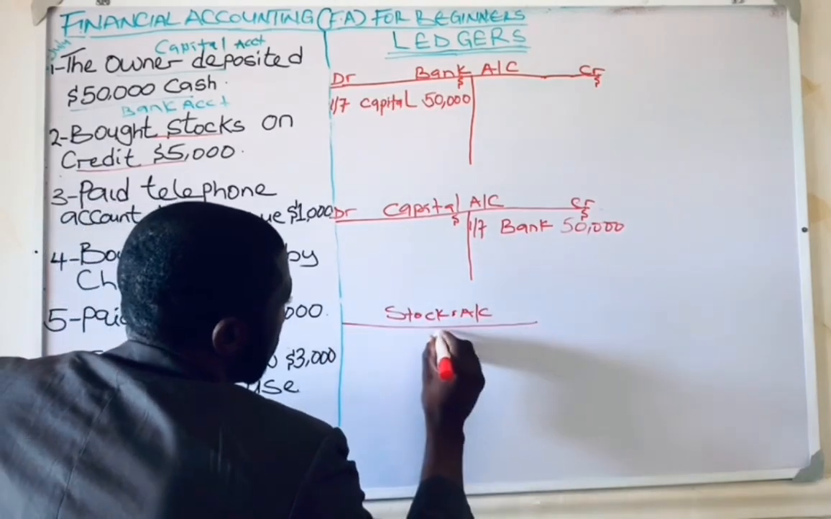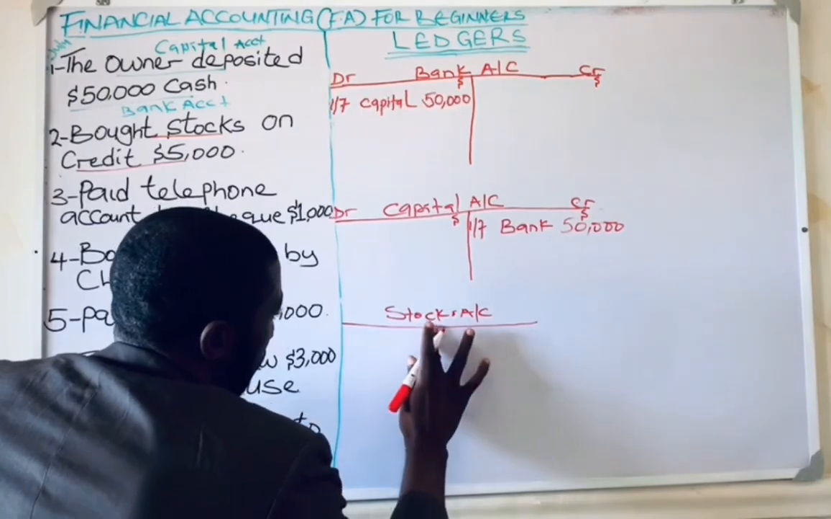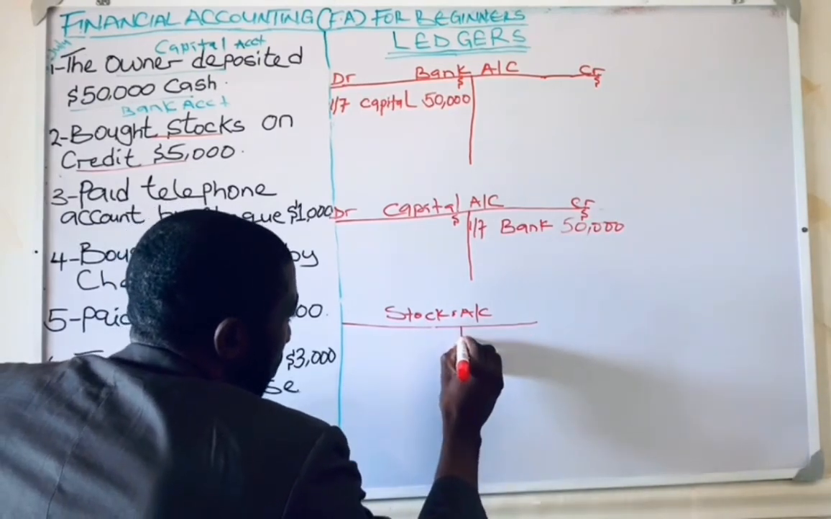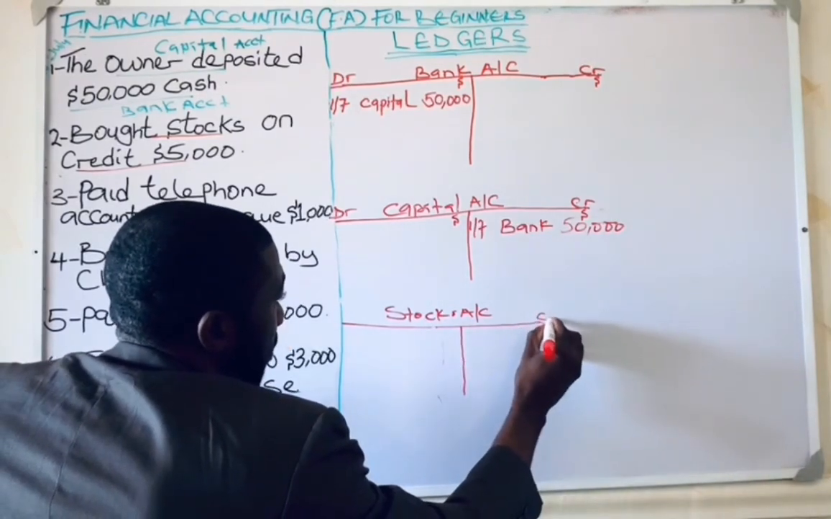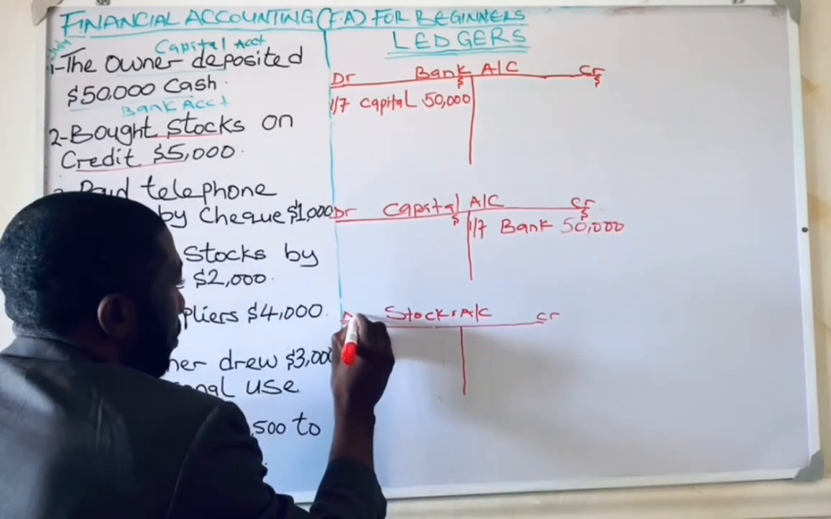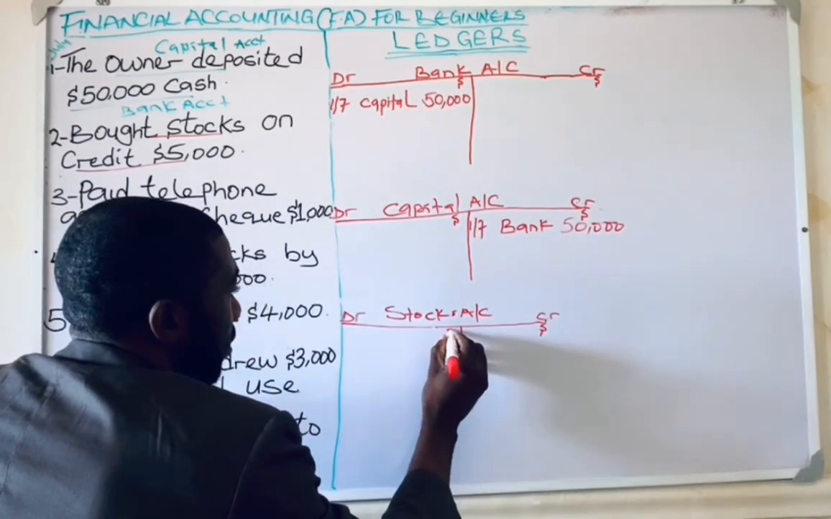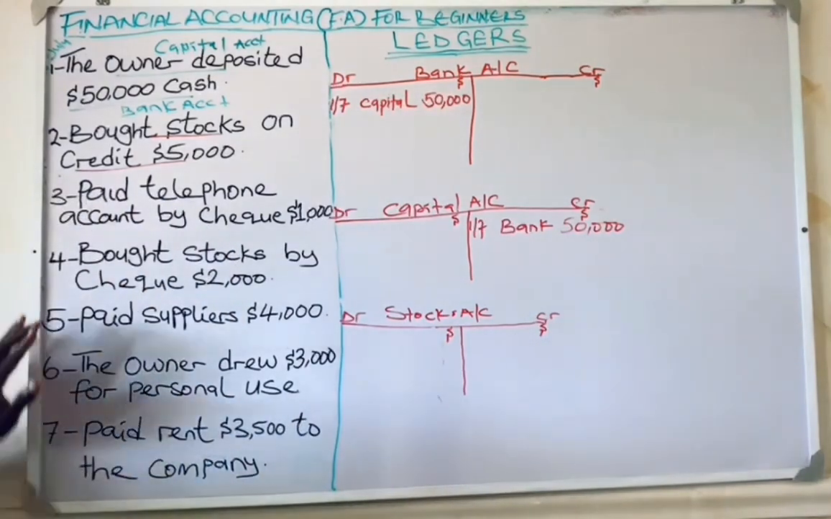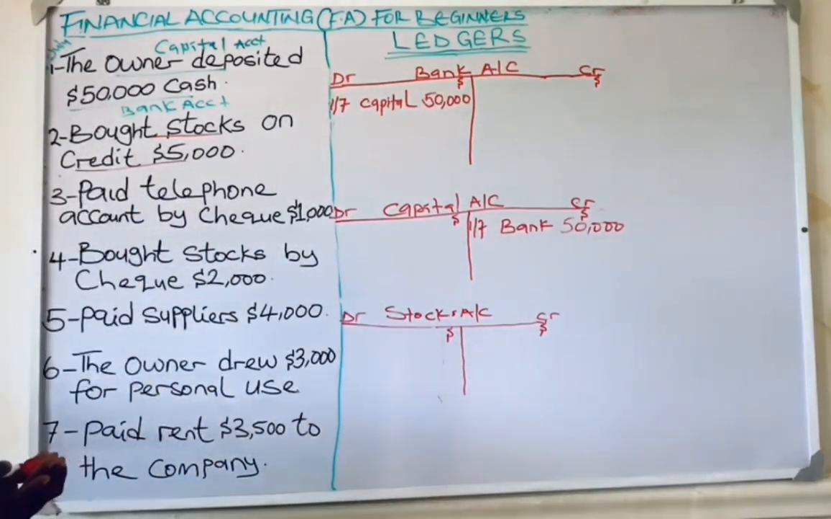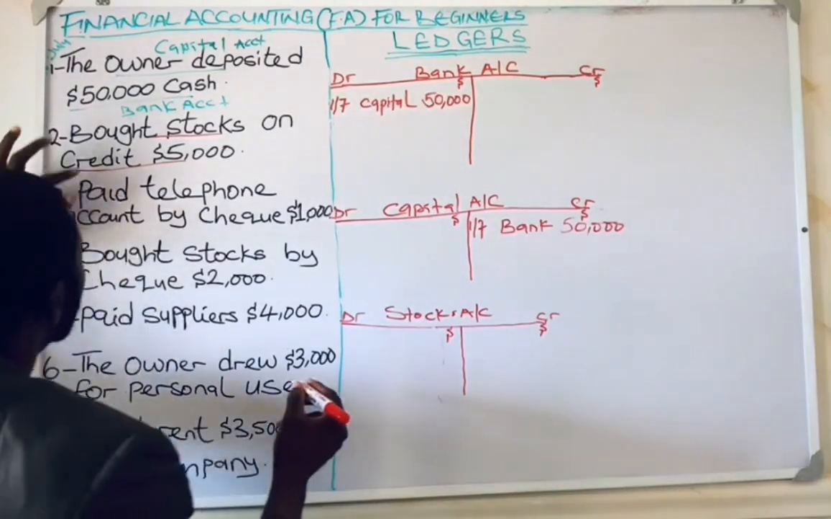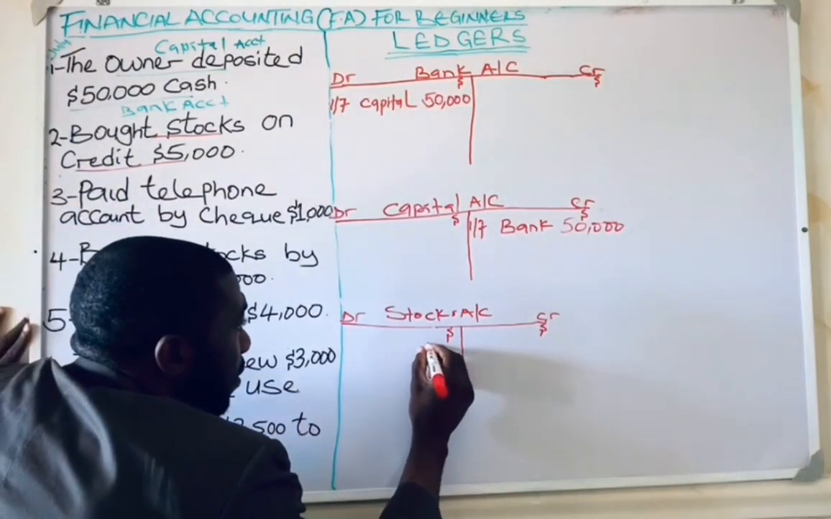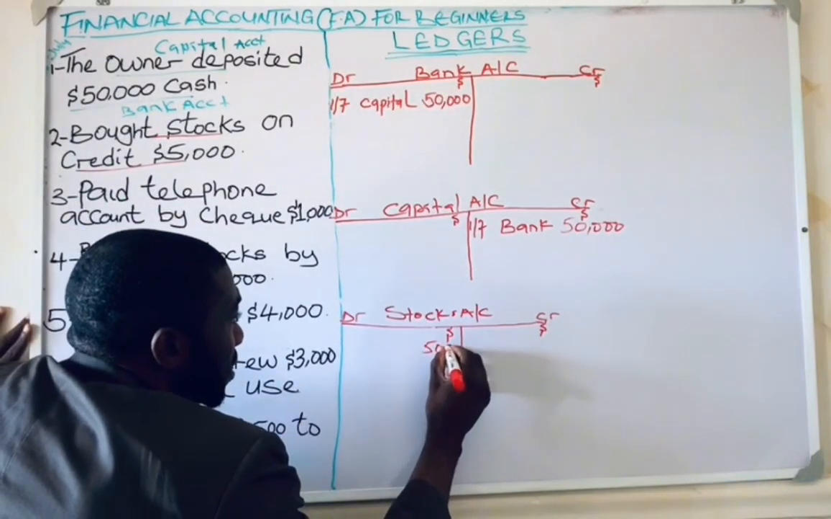Open the stock account. Don't forget your credit, your debit, and the currency sign, dollar. So we bought stock. We are receiving stock. We receive stock worth 5,000 US dollars